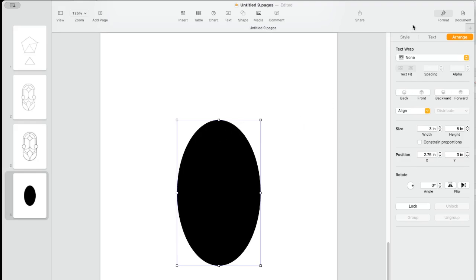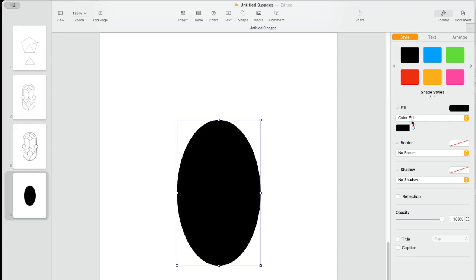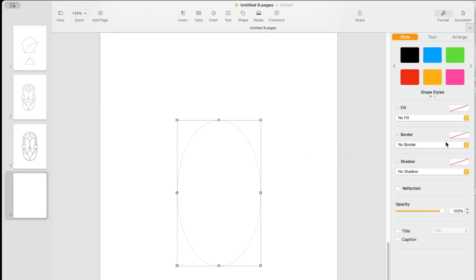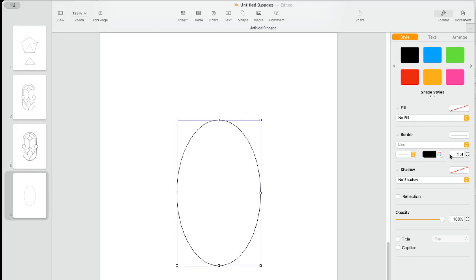Alright, so here with style, we don't want a color fill because we want to do a pattern. And with border, I want to give it a line. That's 1 point, 2 point, 3 is good. You could see what you're doing. You could always change that afterwards. Alright, so from here,